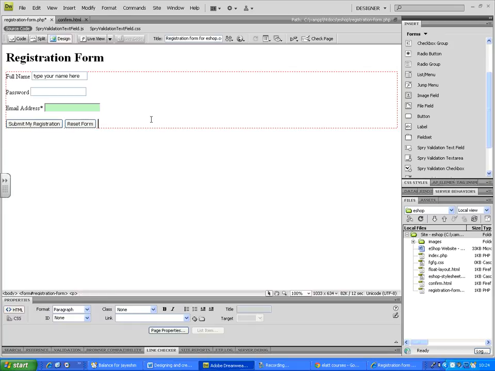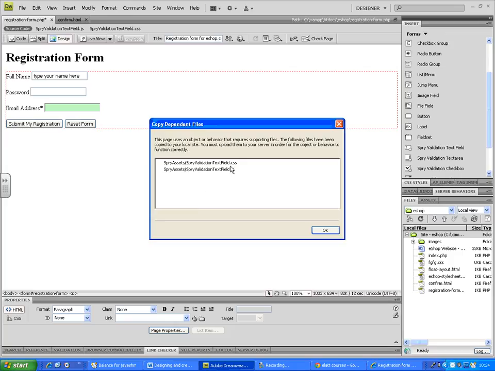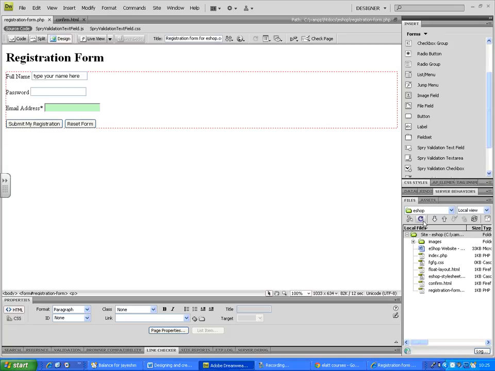Okay? Now, with the basic instructions like that, let me save this page. The moment I try and save, Dreamweaver prompts you to save a JavaScript file and CSS file. This is for SPRY. So all these validations and conditions and checking is happening through the JavaScript code. We don't type it, but SPRY will give you that as an external file. Okay, so you have to say OK. And you can see the SPRY assets will have those two documents in there. If I open the SPRY assets, the validation text field.js,